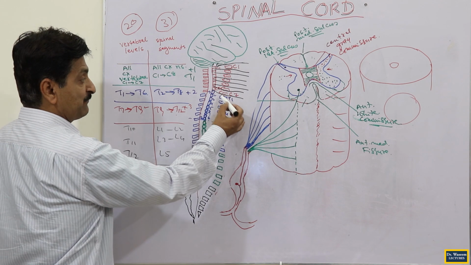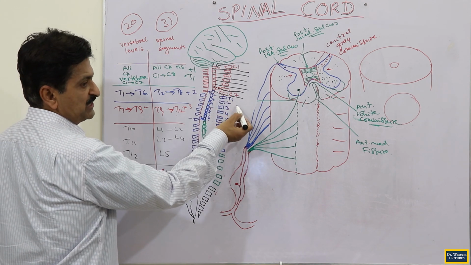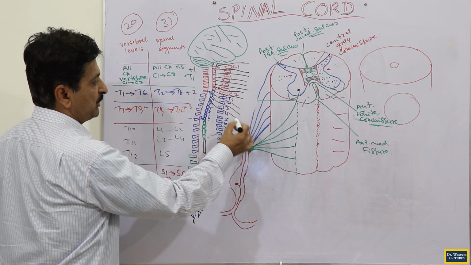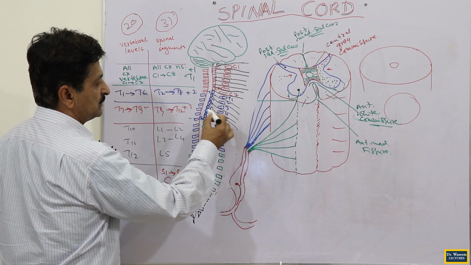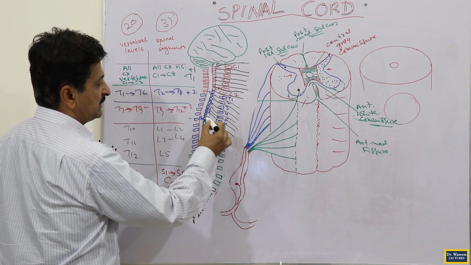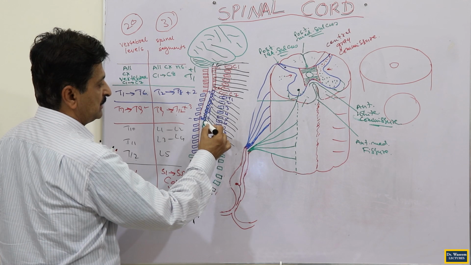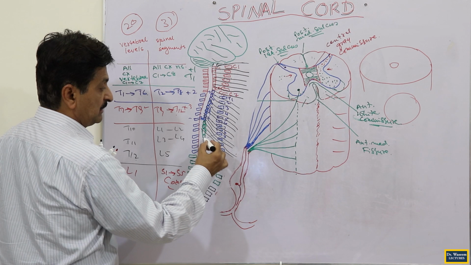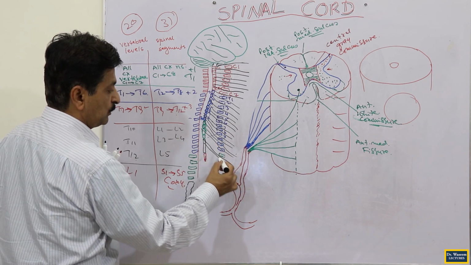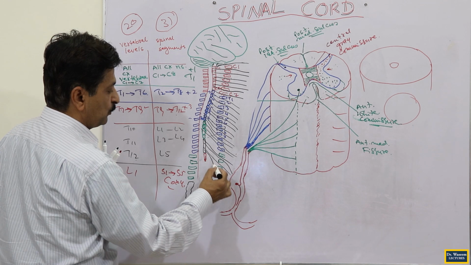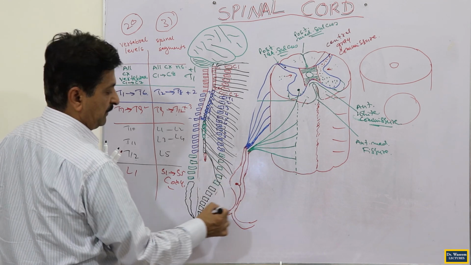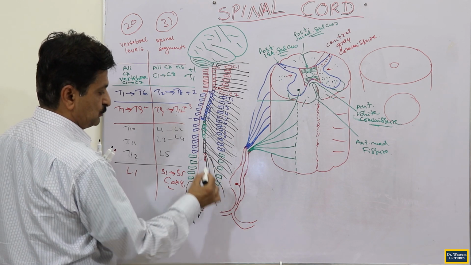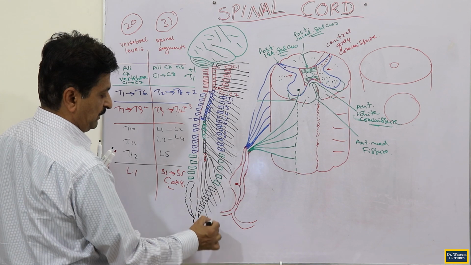And after that, T1, now everything is from the lower border of their corresponding vertebrae. T1, lower border of T1. T2, lower border of T2. T3, lower border. T4, lower. T5, lower. T6, lower. T7, lower. T8 also lower. T9, lower. T10, T11, T12. Then the lumbar at the lower border of lumbar 1, lower border of number 2, lower border of number 3, lower border of number 4, lower border of number 5. And then sacral, lower border of sacral 1, sacral 2, sacral 3, sacral 4, sacral 5, coccygeal.